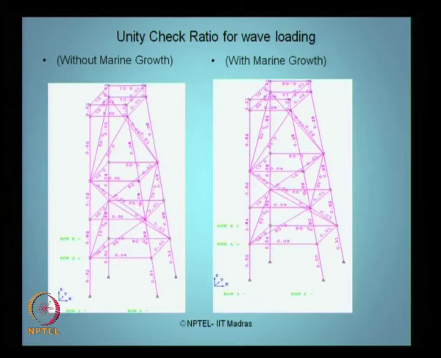with marine growth. The file data has been checked and the unit check ratio for the wave loading has been carried out, and all the numbers what you see here are giving me the values of unit check ratio. For example, let us take this member is giving 0.68, this member is giving 0.06. So, all unity checks have been approved so that it does not exceed 1. So, this will give you graphical information about whether any specific member has failed the unity check or not for a given loading condition what you have assumed.